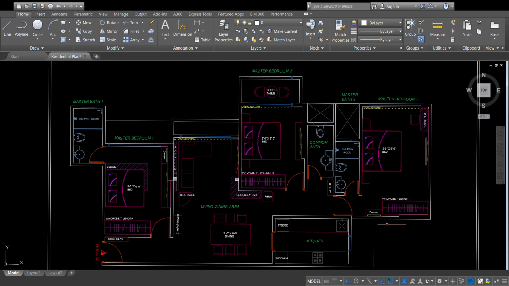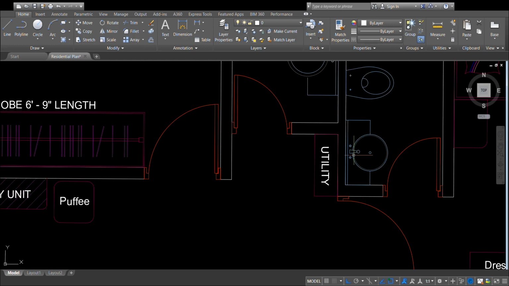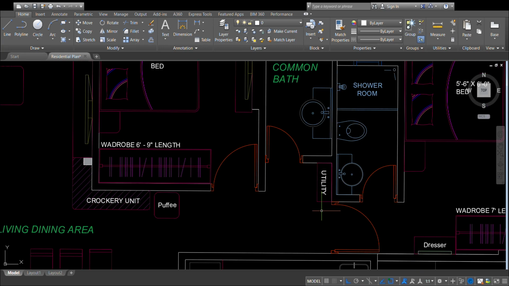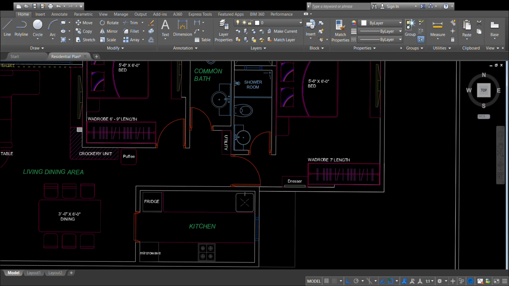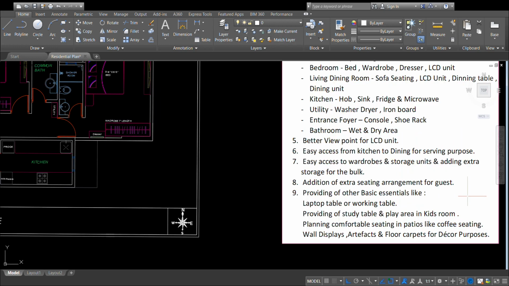Apart from wardrobe, you can always add on other storages. Like for example, I have added a utility storage here, which is near to the bathroom. So more and more storages in the layout will really create a great impact of you as a designer, and it is also functional for the person staying there. Next is